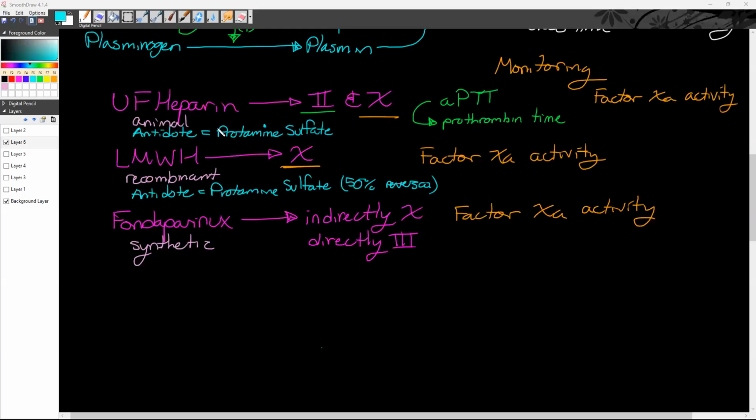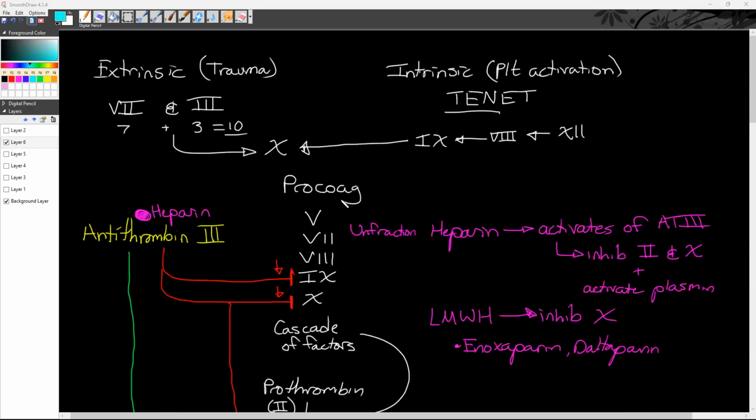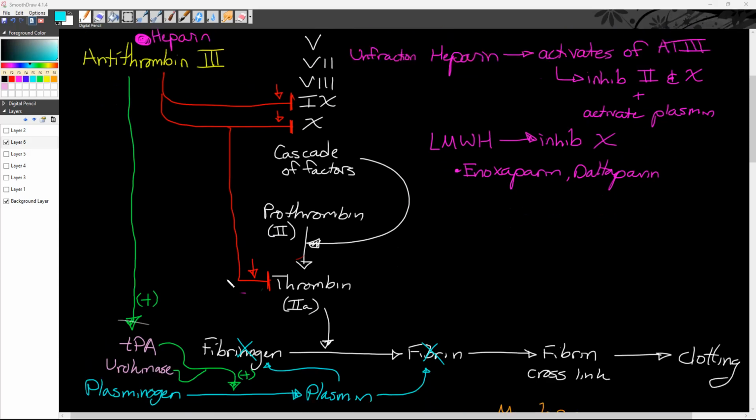All right. So far we have talked our way through the first half of the drugs. We spent a lot of time talking about antiplatelets, and then we jumped a little bit into the anticoagulants, specifically when we talked about the coagulation cascade. We finished up talking about heparin, which is a natural molecule that exists in your body. What it does is it works with antithrombin 3 to work on factor 10 and factor 2, and inhibit those factors, as well as